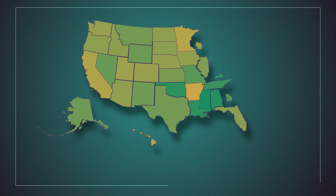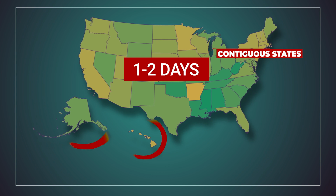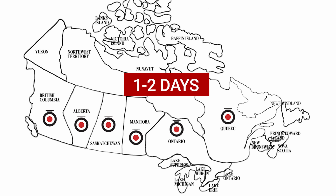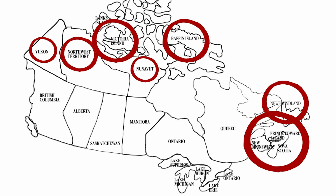For customers in the contiguous states, you're looking at about 1 to 2 days. Outside the contiguous states, it will be an extra day, so anywhere from 1 to 3 days, door to door. For Canadian customers in BC, Alberta, Saskatchewan, Manitoba, Ontario, and Quebec, you can expect your order to arrive at your doorstep within 1 to 2 days. If you're outside of these provinces, you will need to allow an extra day for the delivery, in other words,